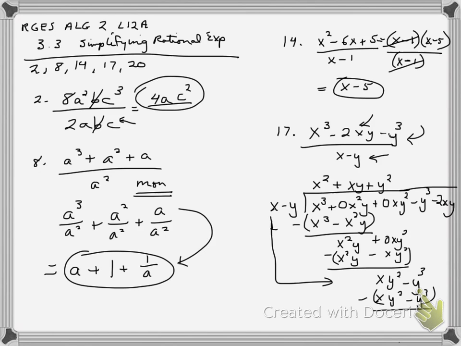We get negative y cubed minus a negative, or plus y cubed. That also cancels out, and we have this as our last term, which is going to be our remainder. Okay, so pull that up to the top as your fraction, minus 2xy all over the divisor, x minus y. So your final answer is x squared plus xy plus y squared minus,